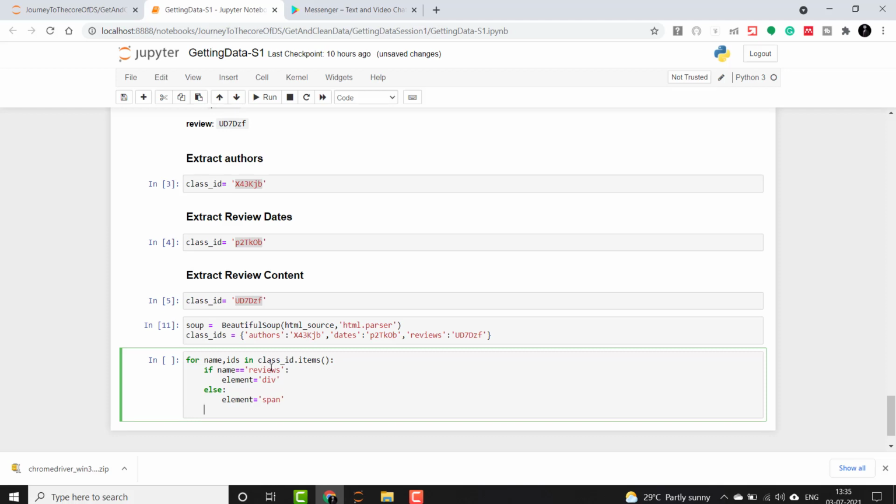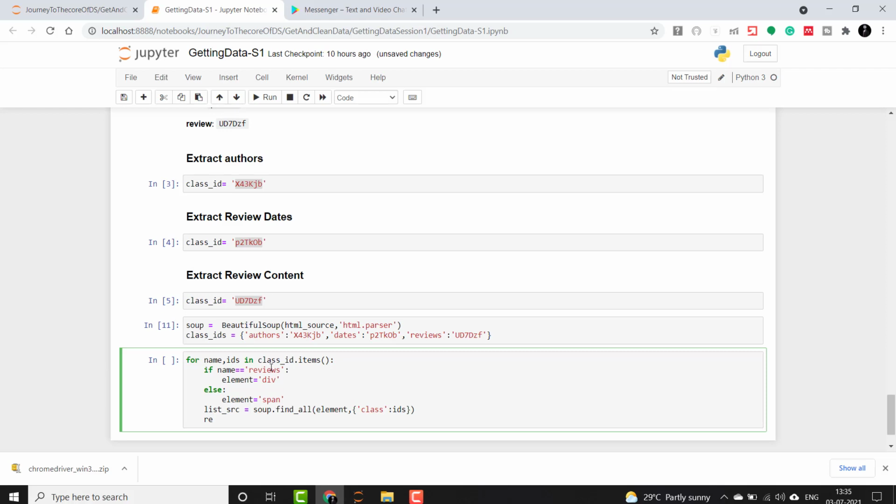Now let us create a list source for storing the result. So I'll say soup dot find all, and then I will pass the element, comma, and pass the dictionary which says class and IDs. So it will iterate and pass it one by one for the authors, dates and review comments.